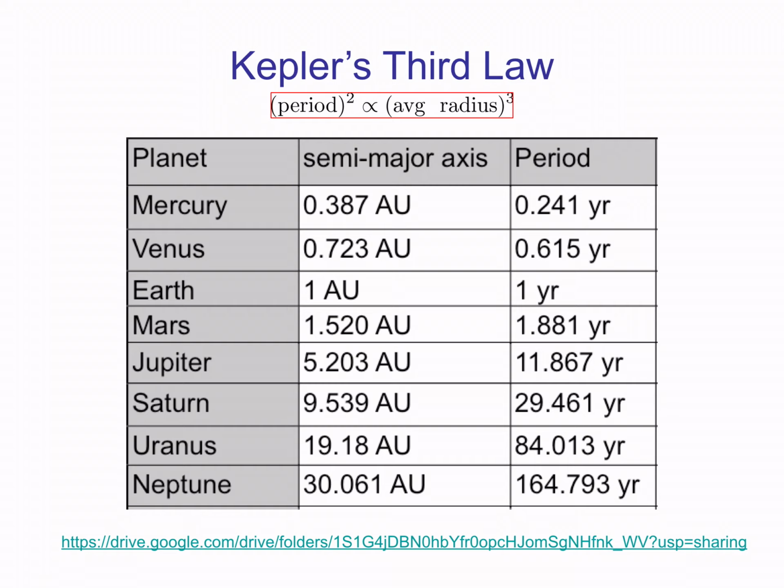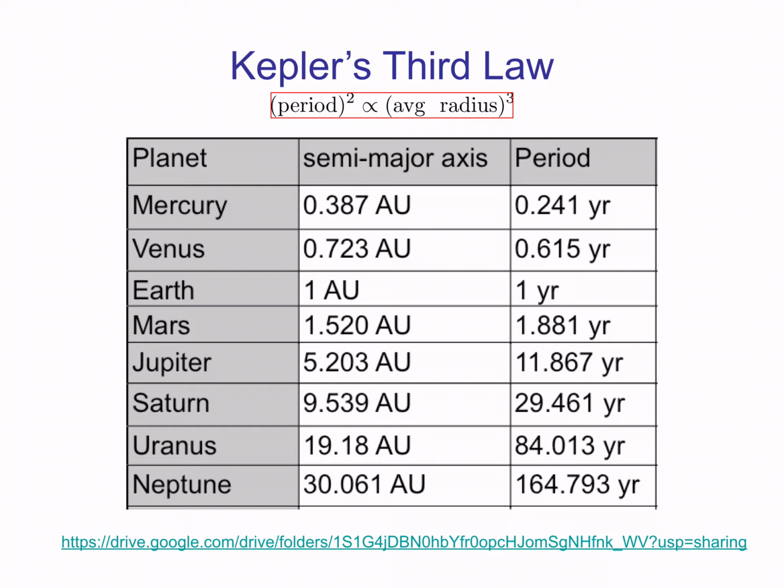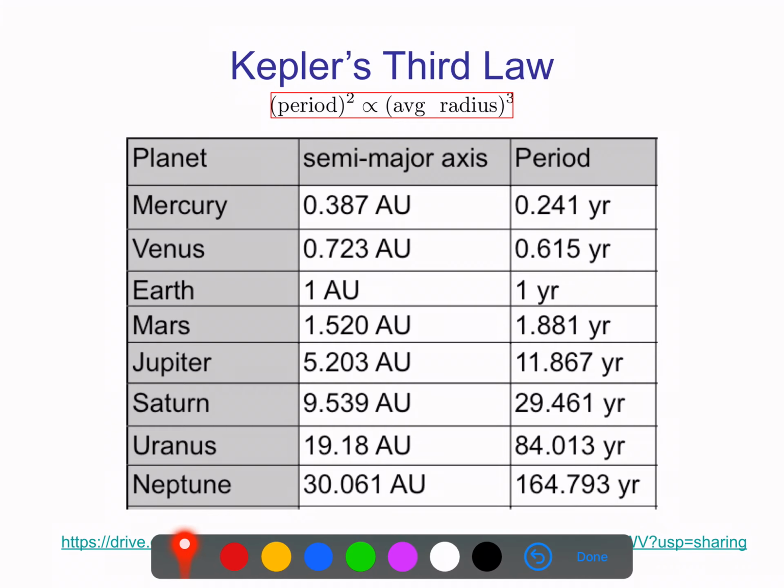I would encourage you to go to this link. What I've done there is created a spreadsheet in which you can make up your own fictitious planet in our solar system and give it some distance in Earth distances, and it will automatically compute how long its year will be. Bonus if you can explain the formula that I put into the sheet as to why this is able to compute your year. Okay, you can put your name, your fictitious planet's name, you can even name it after yourself